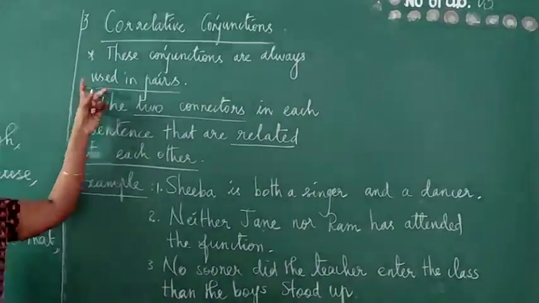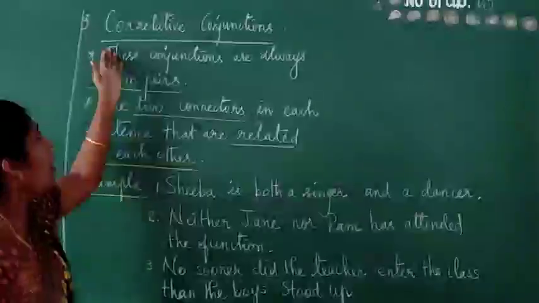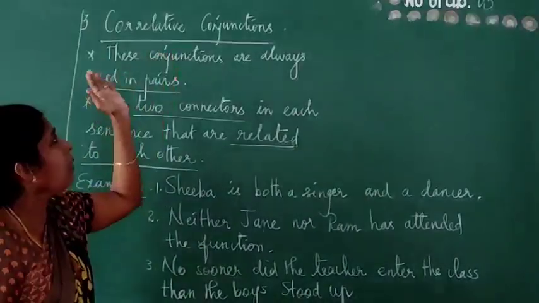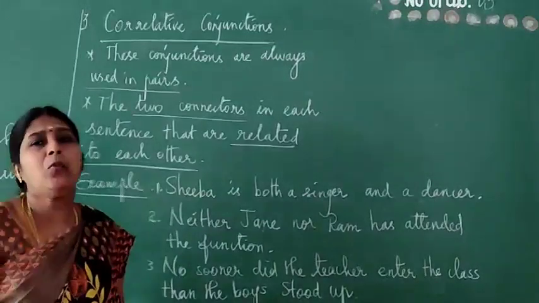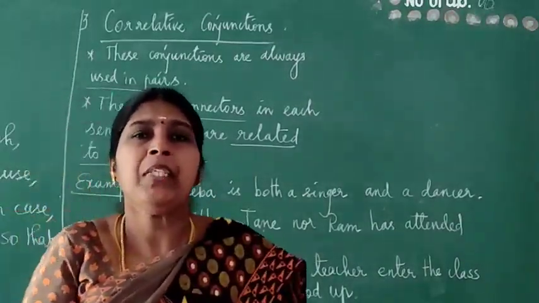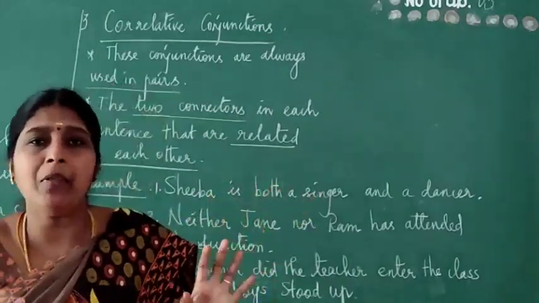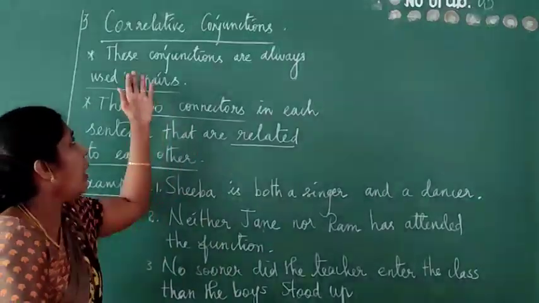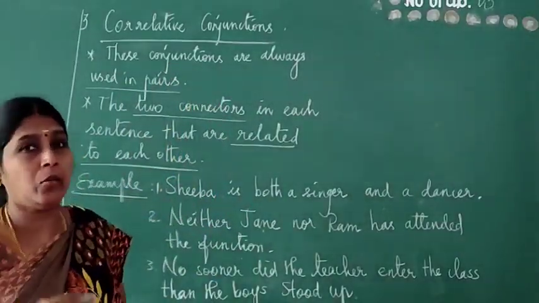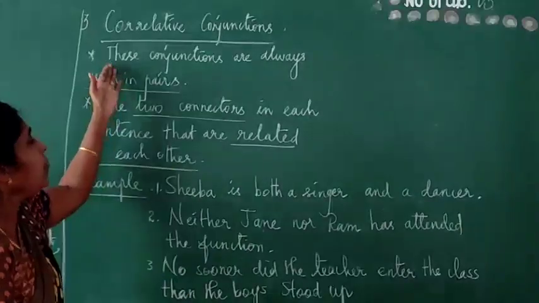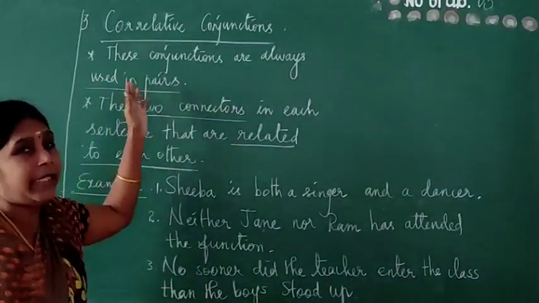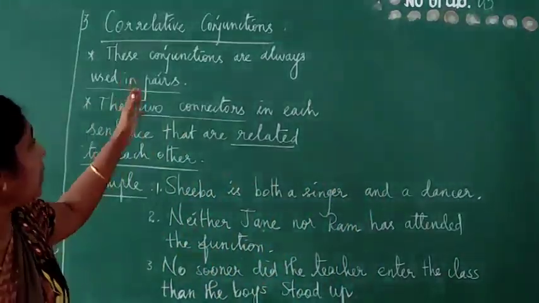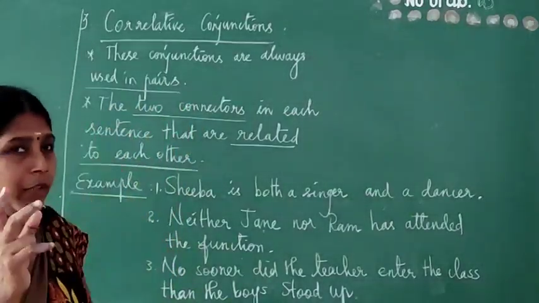Third one we have to say is correlative conjunction. Correlative: getting itself meaning, having relative. Correlative conjunctions. Relate means what? Relate means there is a comparison. Here two words, two members, anyone. For comparison, any two things or any two persons are needed. So here also, in correlative conjunctions, two words are needed to compare, to relate. Here these conjunctions are always used in pairs. Pair means two. So these conjunctions are always used in pairs, two words only.